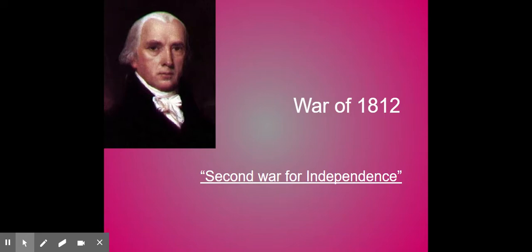So technically, the war begins in 1812. Madison asks Congress to declare war against Britain in 1812. Now, do not think that we are a united country on this. We are still very disunited. We're unprepared. We have a very, very small navy and a small army. To be honest with you, things are stacked against us.